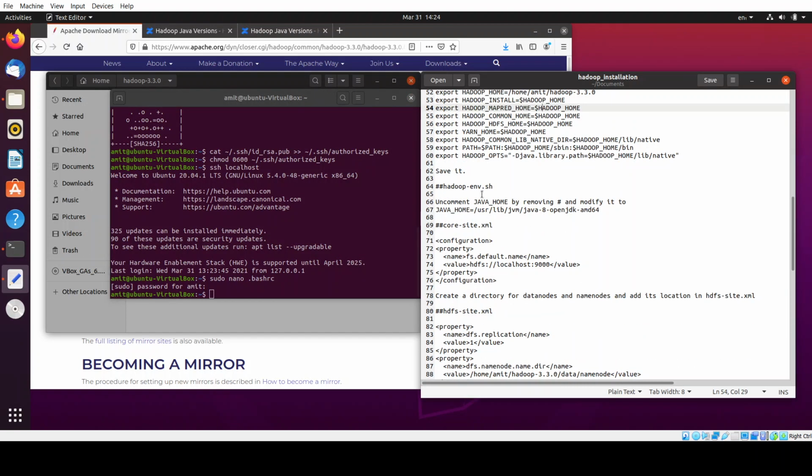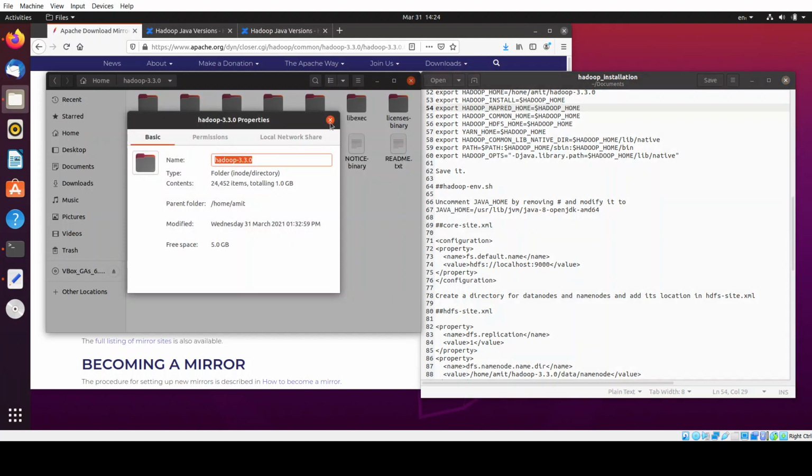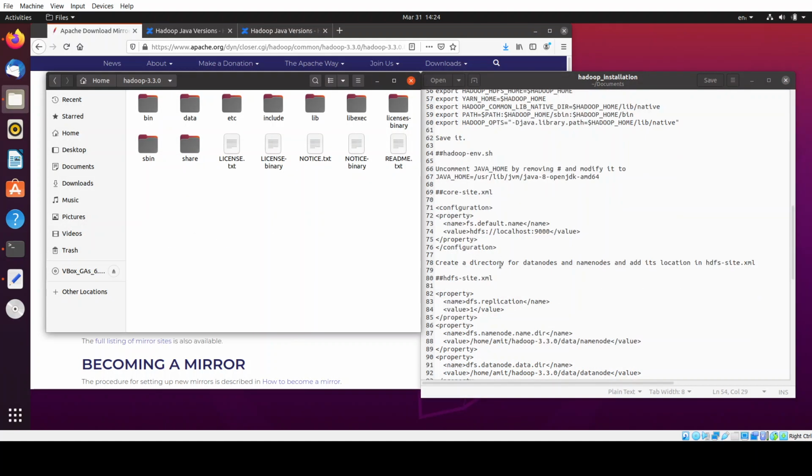Next would be to modify some of the Hadoop files. This is a must step which you will have to do when you install Hadoop, since many of the files need these configuration XML values.